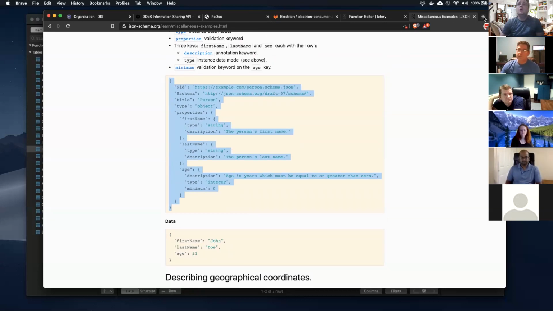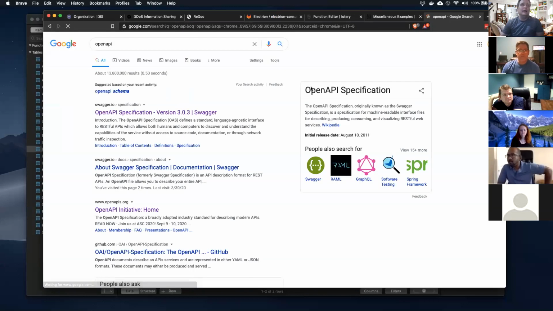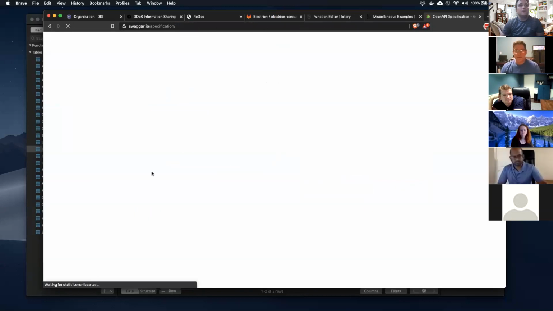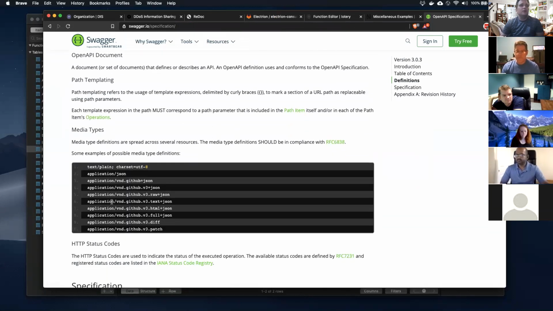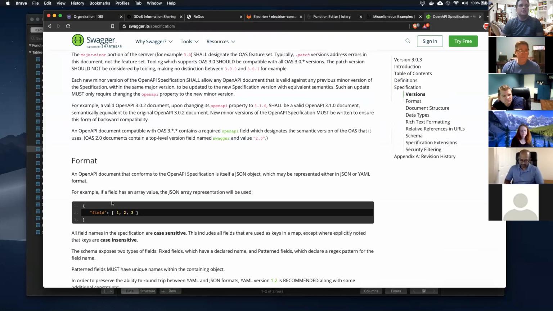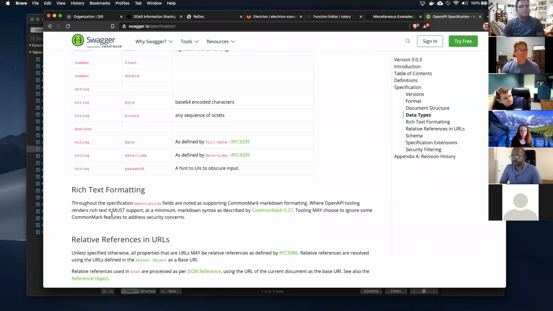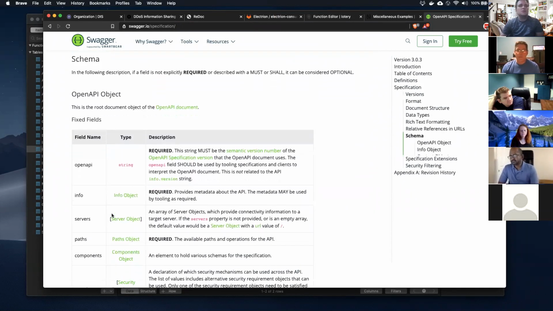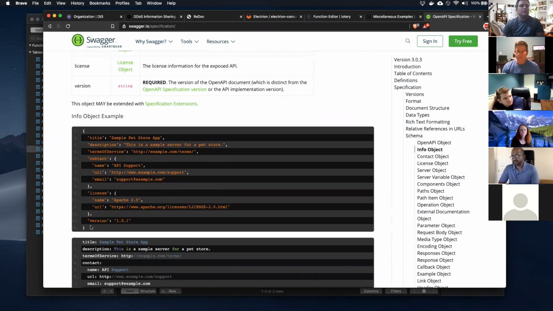And then there's OpenAPI. And OpenAPI looks a lot like JSON schema. It's very close. Version 3 of OpenAPI is very close to JSON schema version 4. There's a few minor differences in how the structures are, but they're all pretty similar. You can kind of see this.